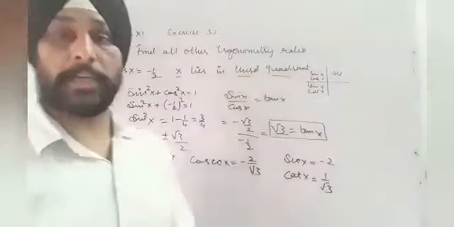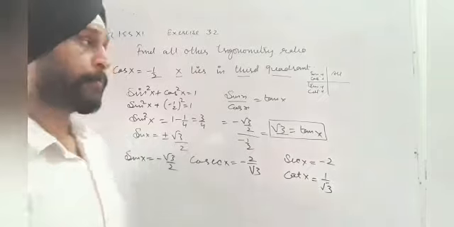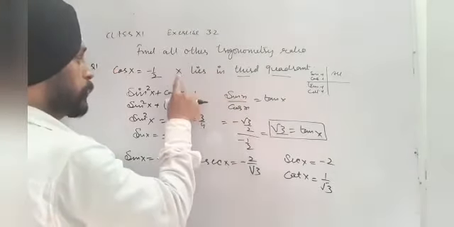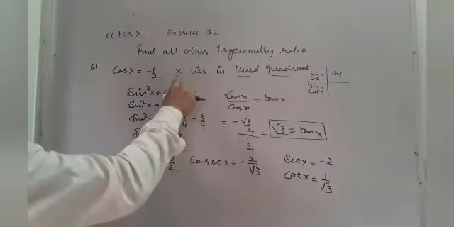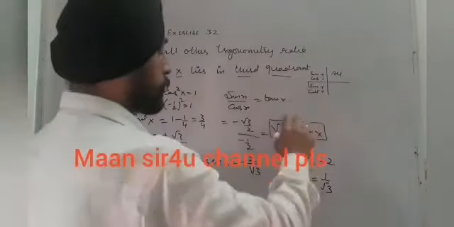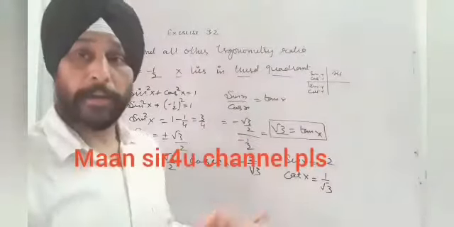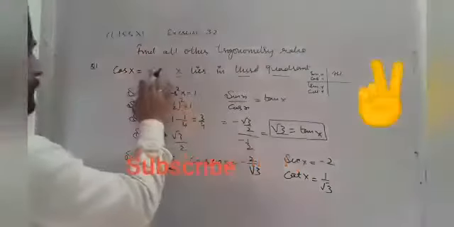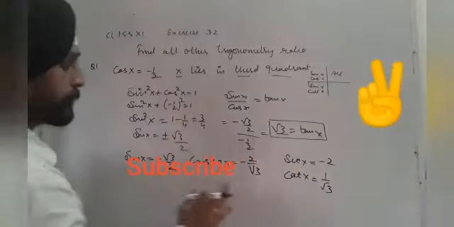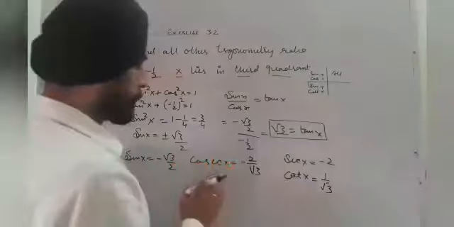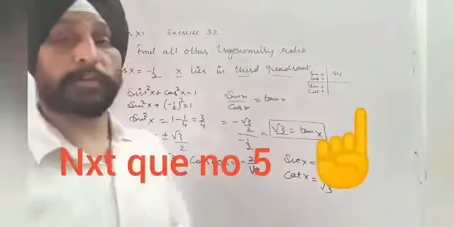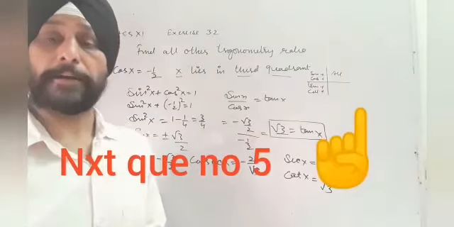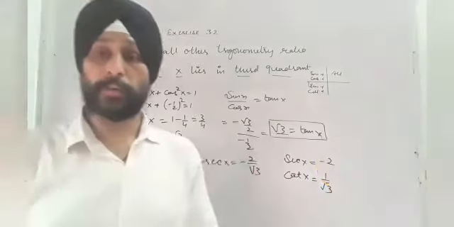Student, the important thing to care about in this question is that you need to focus on x lying in the third quadrant, right? So in the third quadrant, theta has tan and cot positive, and all other trigonometric ratios are negative, student. So you can see cos is negative, sin is negative, sec is negative, cosec is negative, but cot and tan both are positive because x lies in the third quadrant.